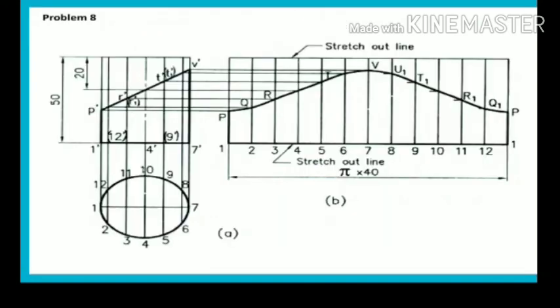Here the same methodology is used. First draw the top view, then the front view, then the action of the cutting plane. From the top face it is given at 30 degrees, acting at 20 mm on the axis. Then we have drawn the development. The length of the development is equal to pi d, that is the circumference of the top view, and the height is equal to the height of the front view. Similarly, we have named the points of the action of the cutting plane. The same point P is transferred on the development, and Q, R in a similar fashion. We have drawn the curve. The base part is retained, so it is shown as dark. Thank you.